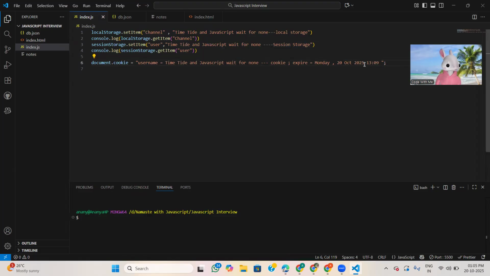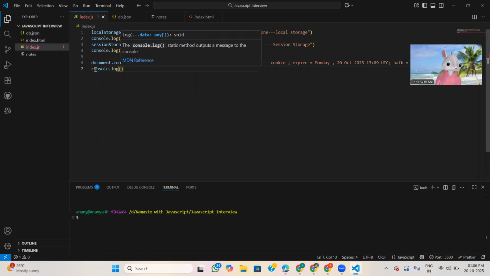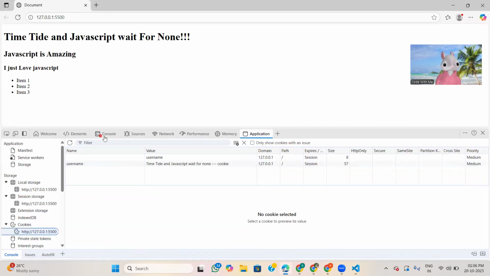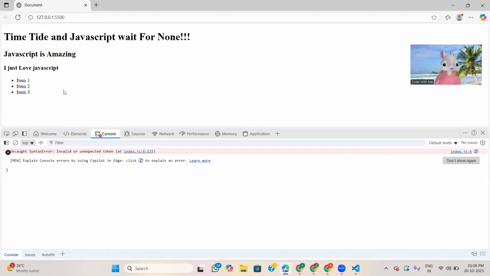Now here we give console.log(document.cookie). Now let's see, here in cookie it starts showing an invalid syntax token.